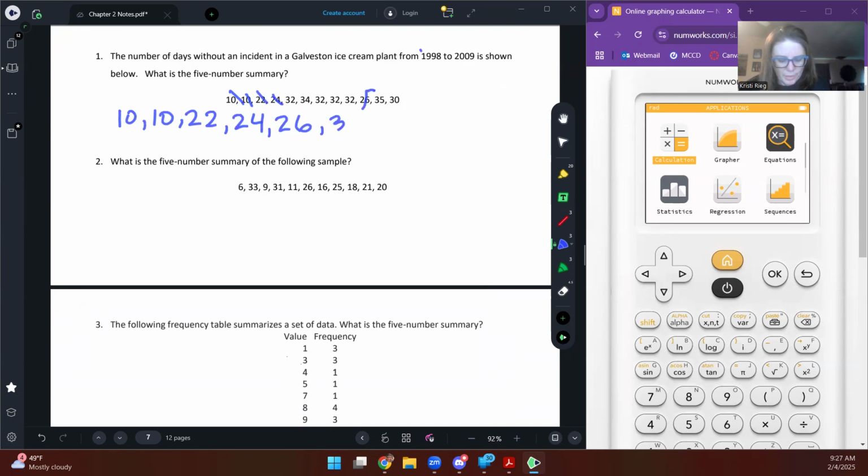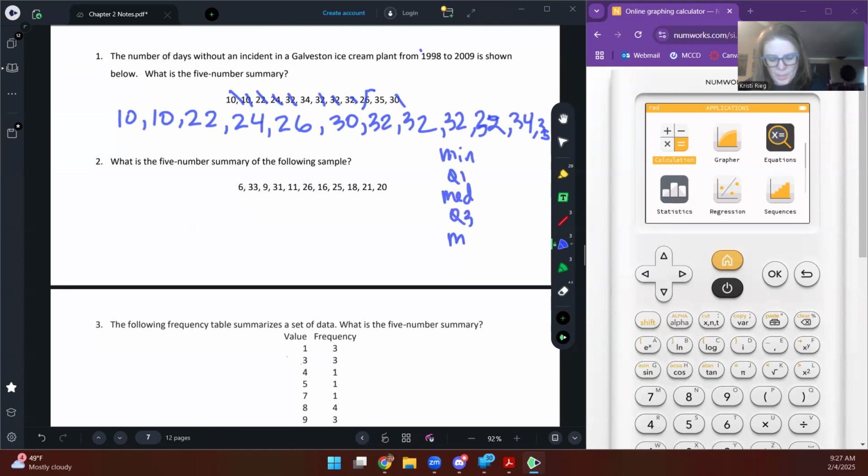Looks like a bunch of 30, and then a bunch of 32s. 34, 35. Okay. So for the 5-number summary, we're going to have the minimum, Q1, the median, Q3, and the